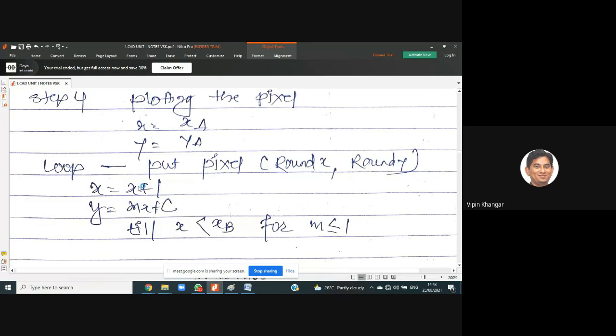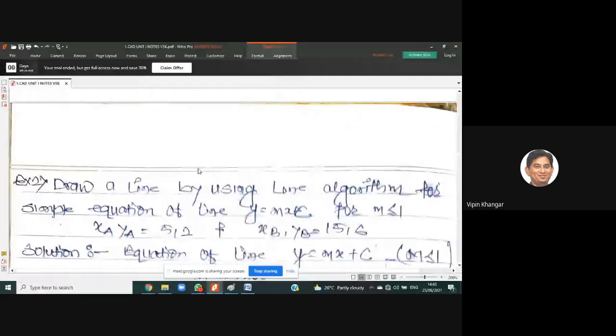So we have marked the first pixel. Now for the next pixel, we say x is equal to x plus 1. Why? Because the slope is less than 1, and y is equal to mx plus c. According to that, we need to find the values of y, because the x values are known: the first value is 5 and the last is 15. So we have to go 5, 6, 7, 8, 9, 10, 11, 12, 13, 14, 15. So 11 values we need to calculate. After plotting the graph, your complete problem will get solved. So let's have one more. Okay, it's 5. Just a minute.